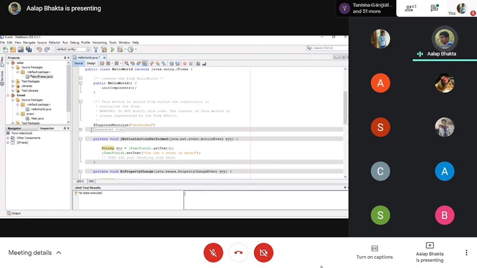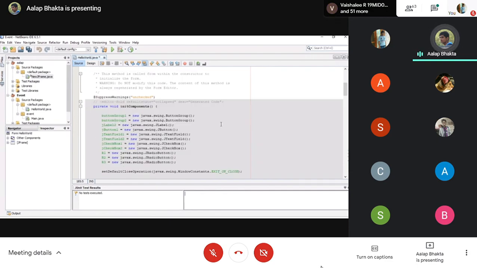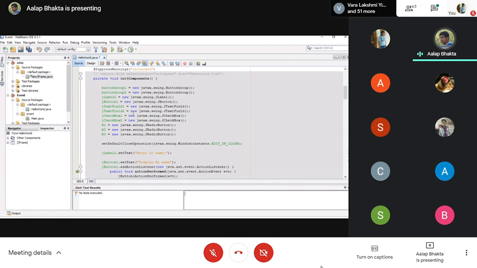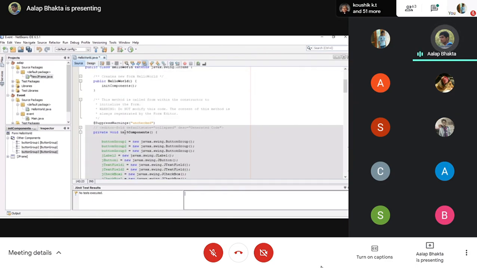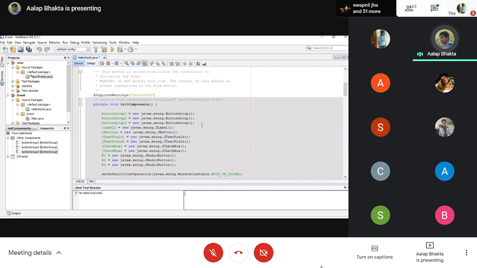So for deleting the button group also, you can go over here in the generated code, where you have to do a lot of changes. If you have not assigned any radio button or checkbox to that button group, you can just go ahead and delete this line from the generated code. Let me add another button group. With this generated code, I have three button groups, but I have assigned only two. I have to remove this, so I can remove this code, just the initializing line.